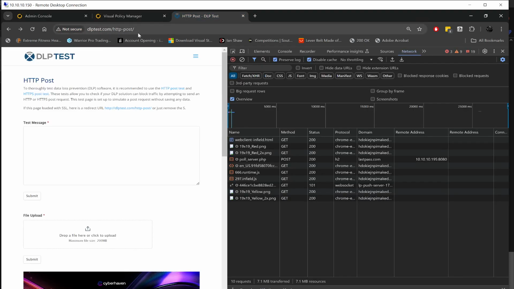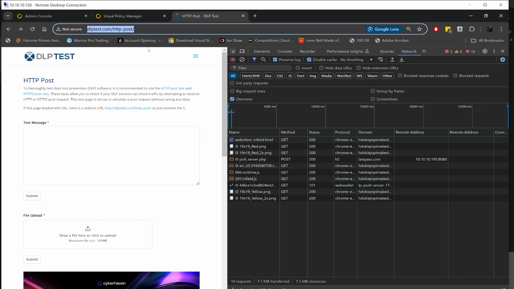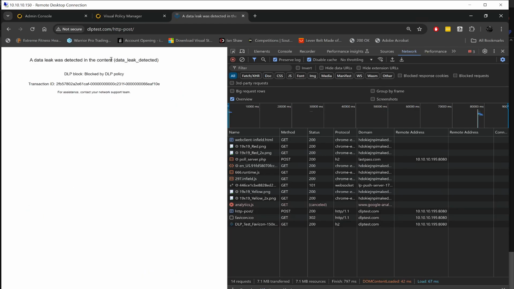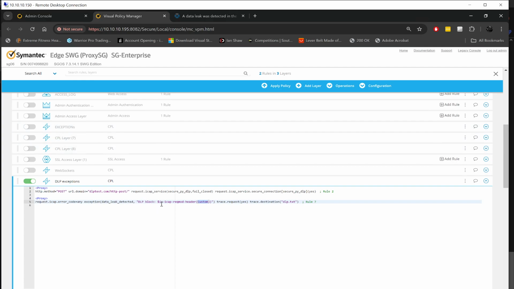So here I am, as you can see, this is my partial URI from the policy. I will be doing a POST here in a second. I submit, and the proxy has indeed served the data leak detected exception page, and here is the first part of the string. This value wasn't in here, as you can see, and that's because that value is the value for this key-value pair header, for this custom header,